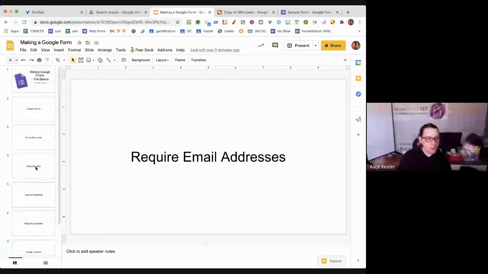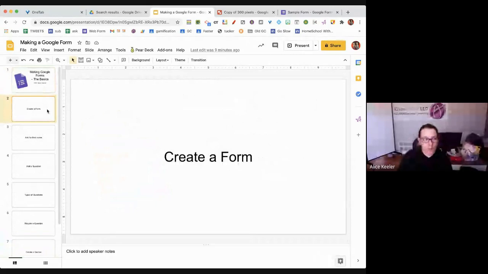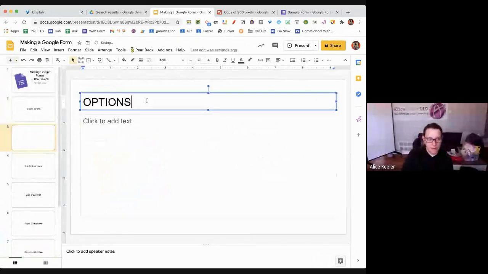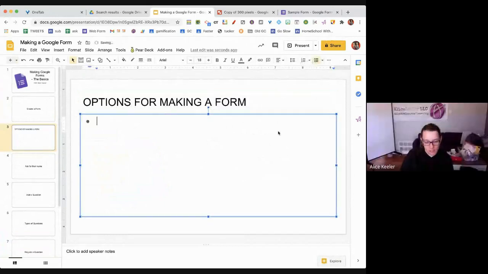Okay, but I'm going to assume you have no idea how to make a form. So to create a form, there are a couple of things. You have some options. Your first option is you can go to Google Drive. Forms live in Google Drive. Your other option is you can go to